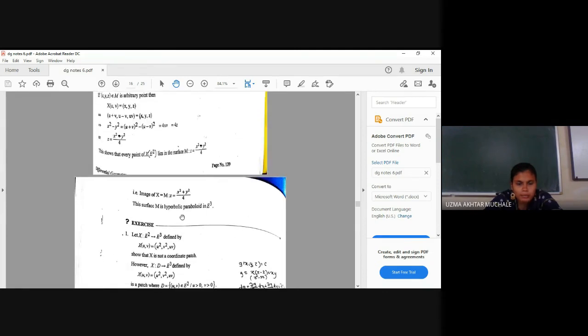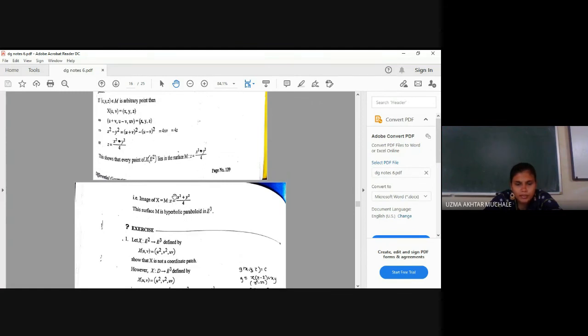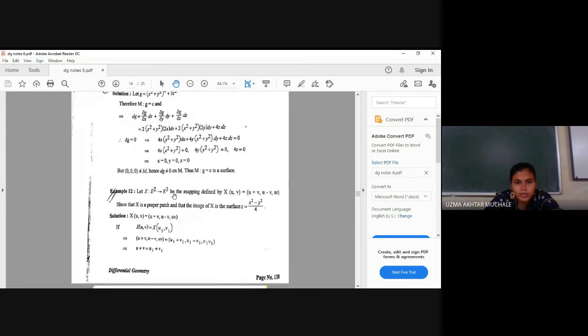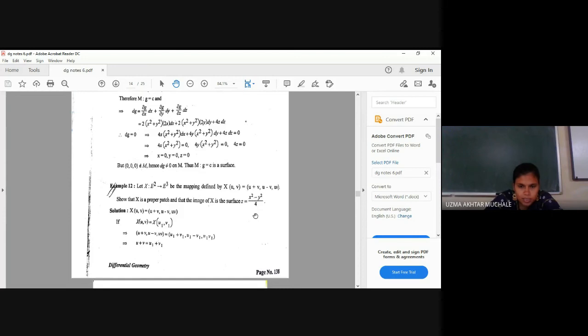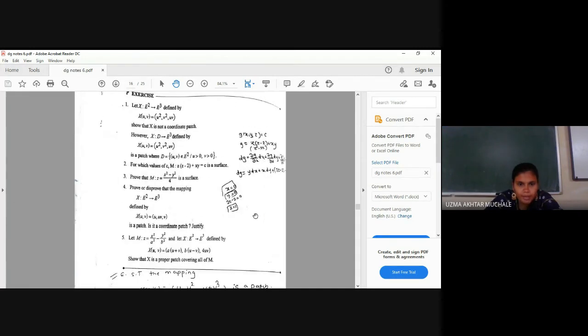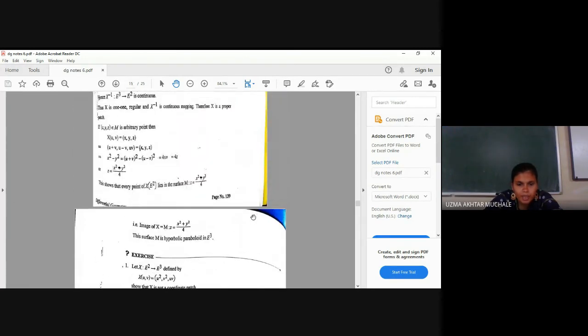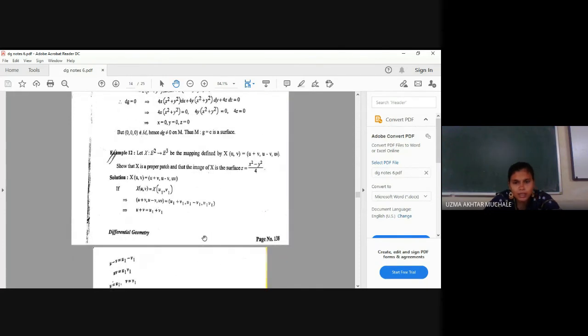Okay, hyperbolic paraboloid. Why is it called a paraboloid? Because whenever you write the equation of a parabola, it is y is equal to some x square. So here also z is equal to some square. Hence it is called a hyperbolic paraboloid. Why is it called hyperbolic? You can see here the equation is of the form x square by a minus y square by b, which is equal to z, some quadratic equation. Hence it is called hyperbolic paraboloid.